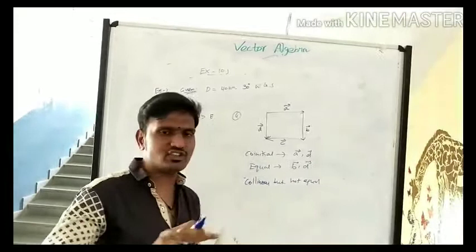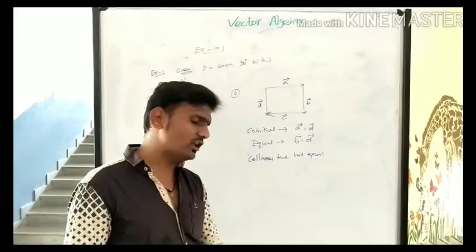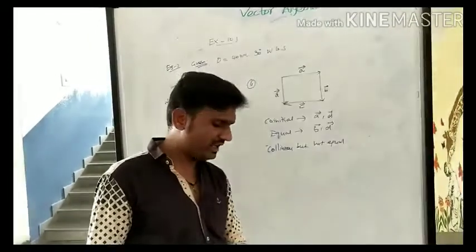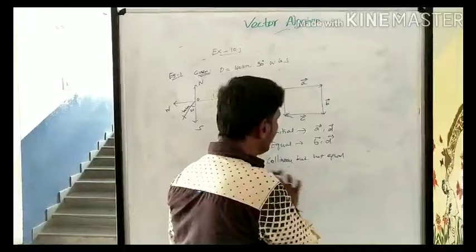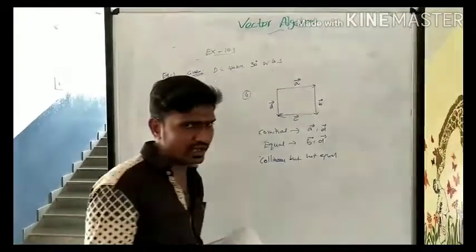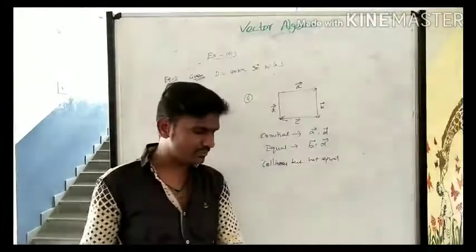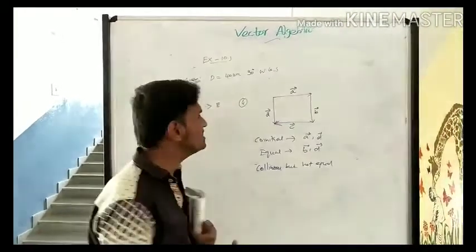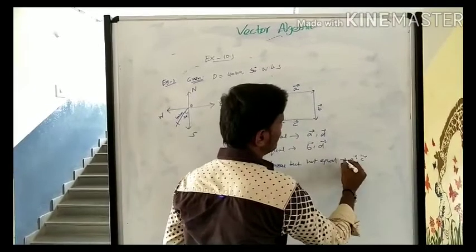We have the same starting point, no, starting point not. See the collinear vectors: two or more vectors that are parallel, on the same line. So these two are collinear but not equal. Mention collinear but not equal. So what are they? From the four vectors you have to identify them. The identification is A and C. See these two, A vector and C vector.